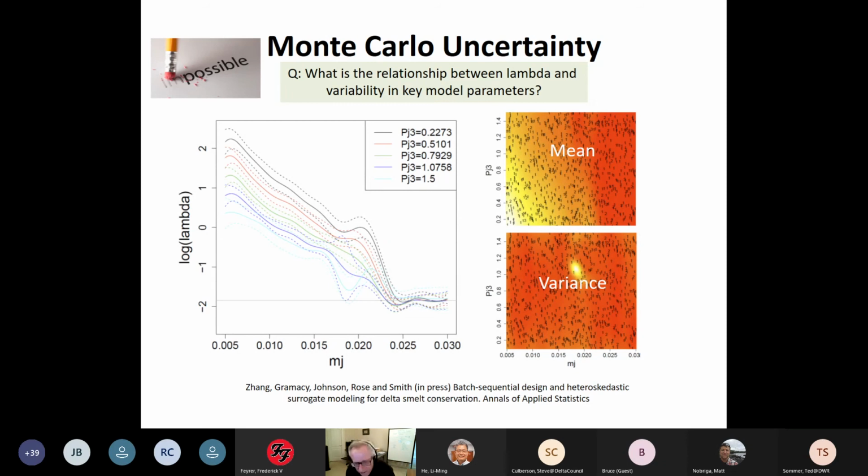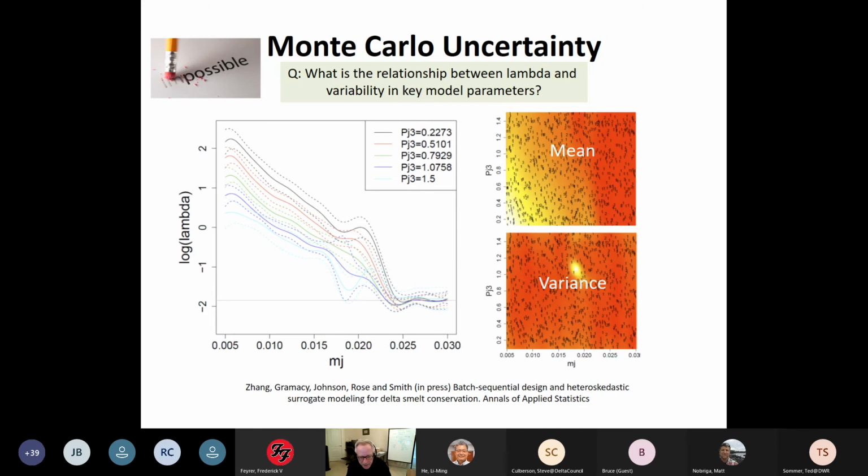And we ran the model thousands of times on a big supercomputer, and it actually wasn't as hard as it sounds. Of course, I didn't do it. They did it, the people at Virginia Tech. And you can tell where we published this, Annals of Applied Statistics. But the idea was a very sophisticated Monte Carlo analysis of this IBM, where this is the results.